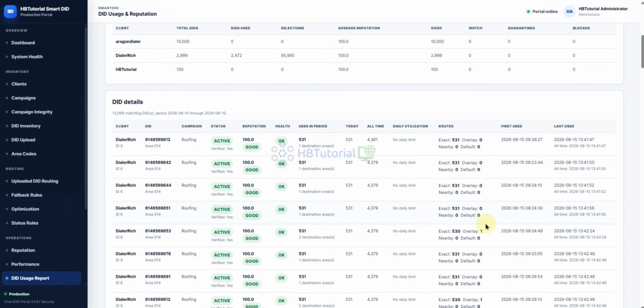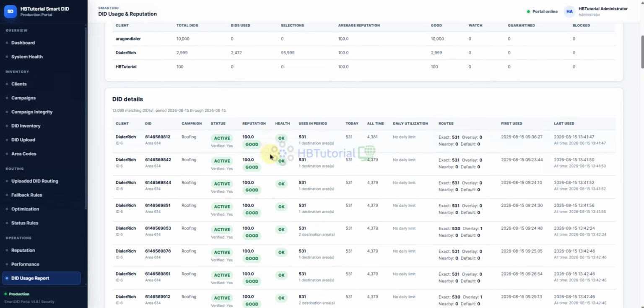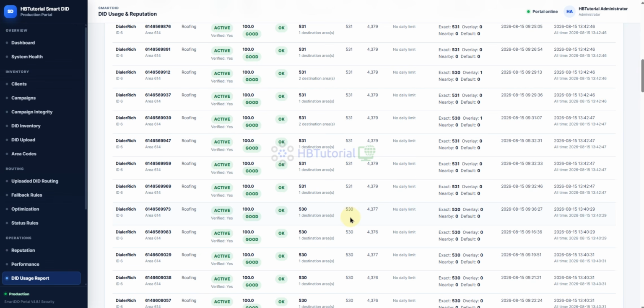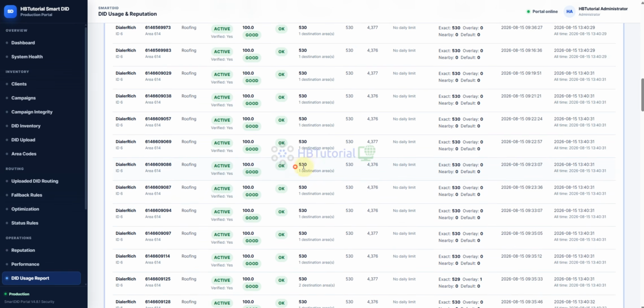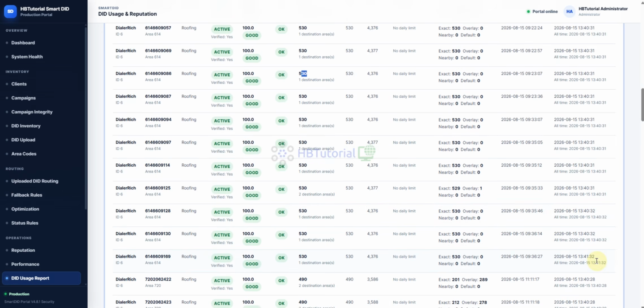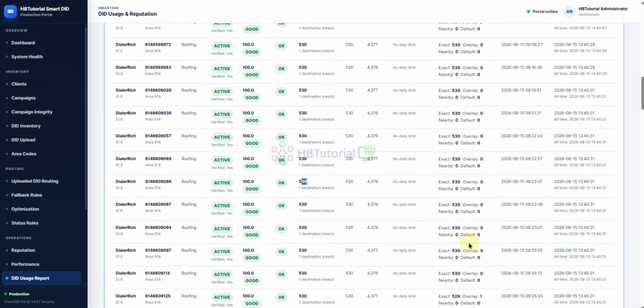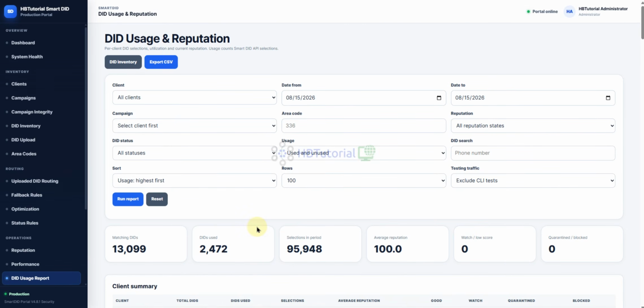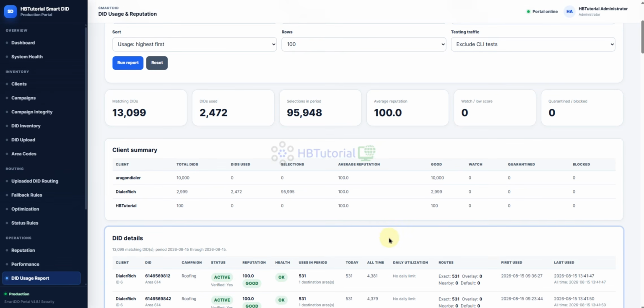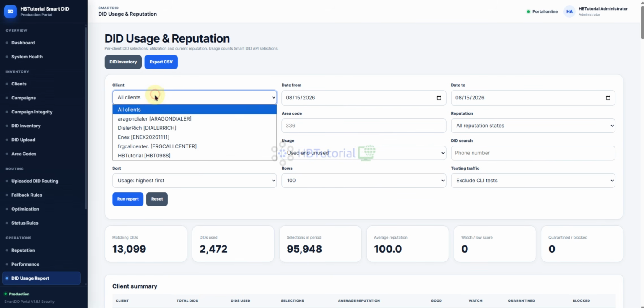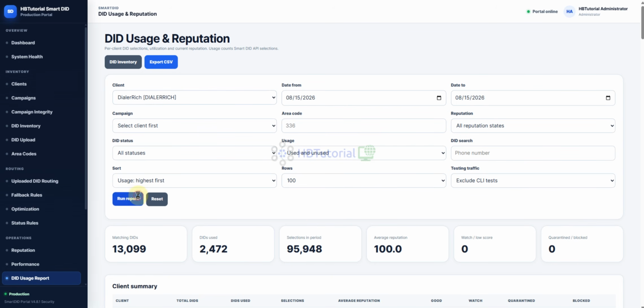Okay, so from the DID usage report, how many times is it used? Yeah, sorry, on 530. That's good. So these clients really need to add more DIDs, because these clients only have 3,000 DIDs.